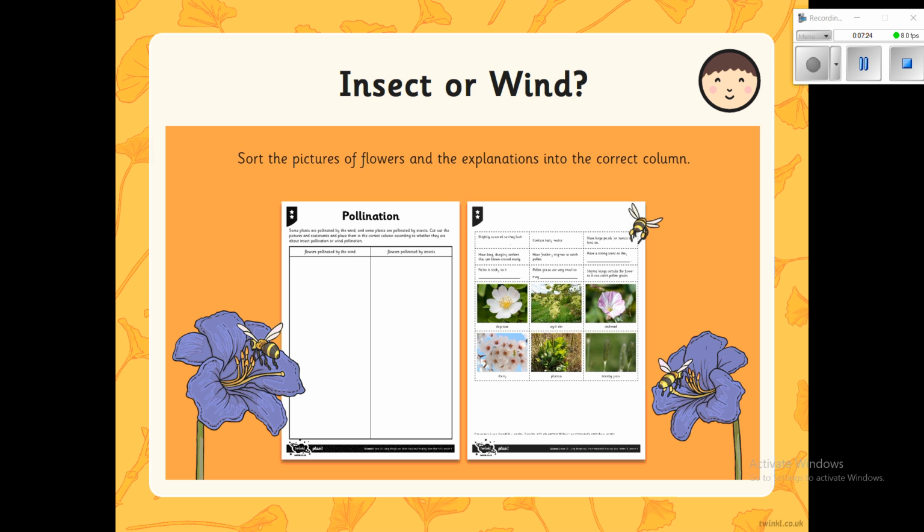So you're going to go to the ones that have a nice taste, that look pretty. You're going to choose the nice ones, aren't you? So when you're looking at your explanations, that's what you've got to really try and focus on. Literally imagine you're a bumblebee. Which ones are you going to go to? Remember, you're picking it up and you're taking the pollen somewhere else. If you were the wind, for example,